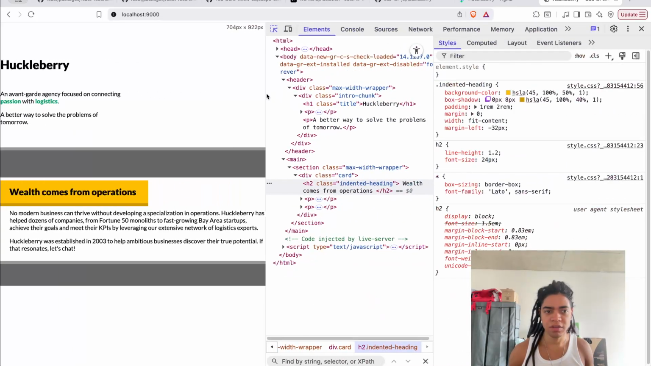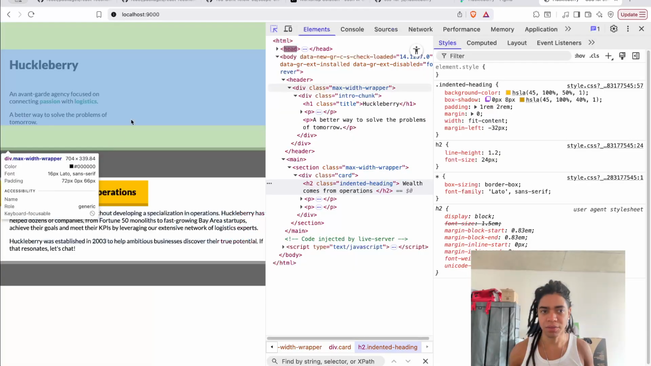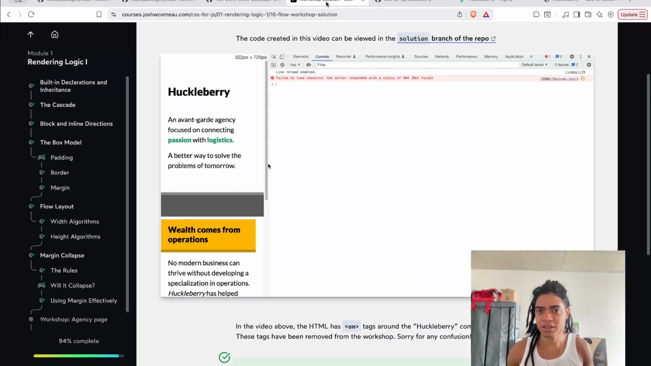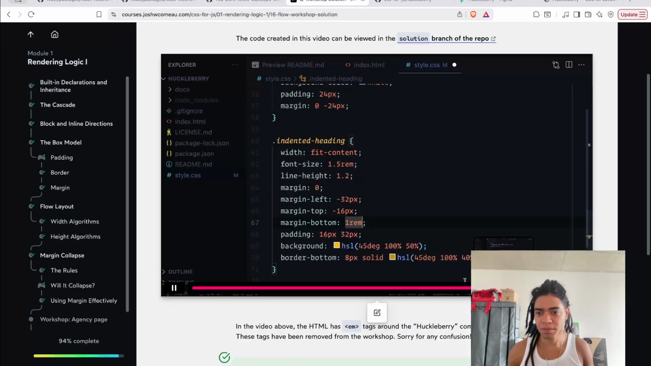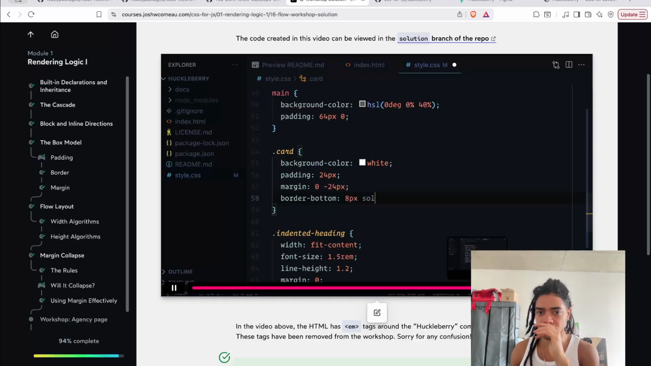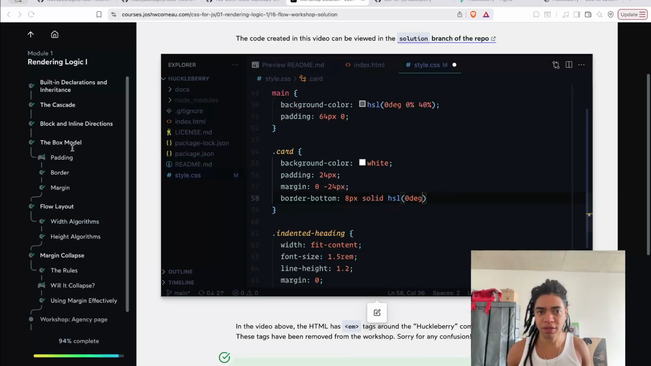But the content is no longer aligned, because now not only does this box need to be aligned, but this other box also needs to follow that pattern. So in other words, it also must be on the intro chunk here. And I don't think this is, I mean, this might work pretty darn well. So I'll quickly add that now. On the card class, I'll give it a border bottom of 8 pixels solid, and I'll